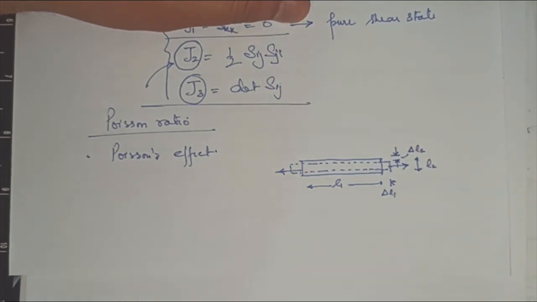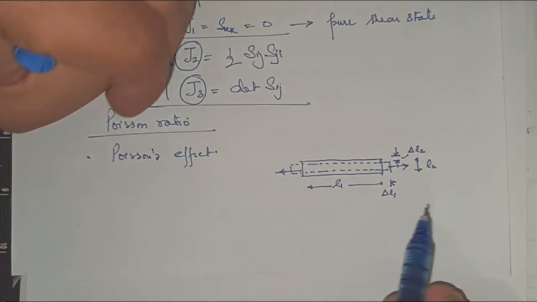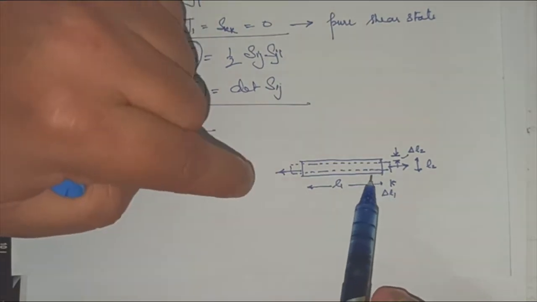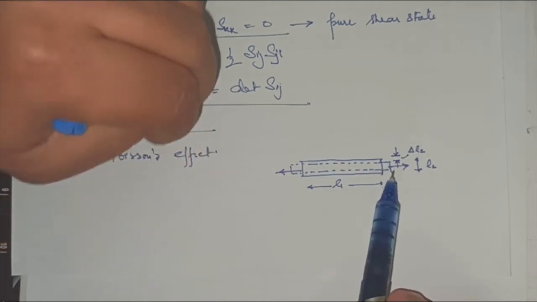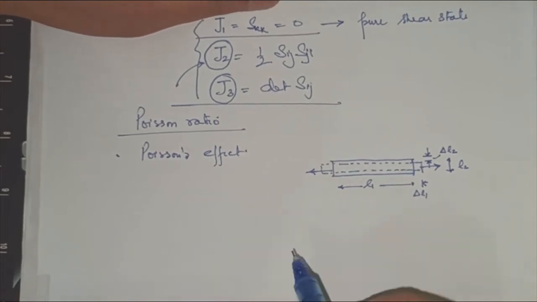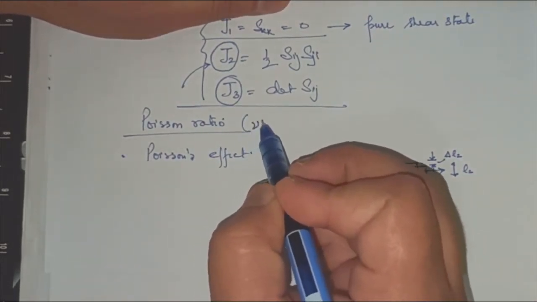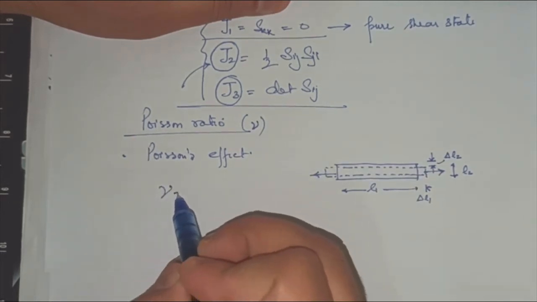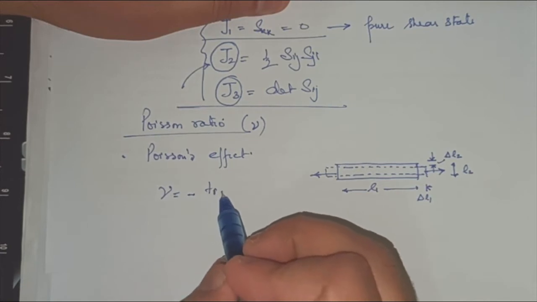It will contract. This usually happens for most of the materials. Whenever you load a material along a loading direction, along the loading direction it expands, but it contracts along a non-loading direction or a transverse direction. So Poisson's ratio is usually represented by nu. And why is it called a ratio? Because it is the ratio of the negative of the transverse strain